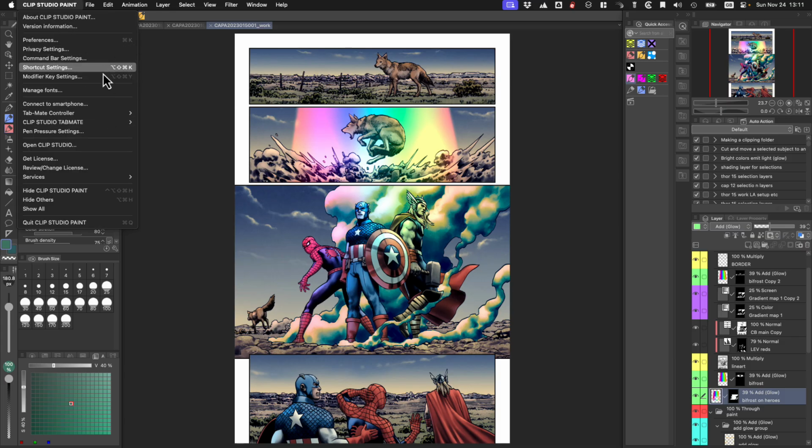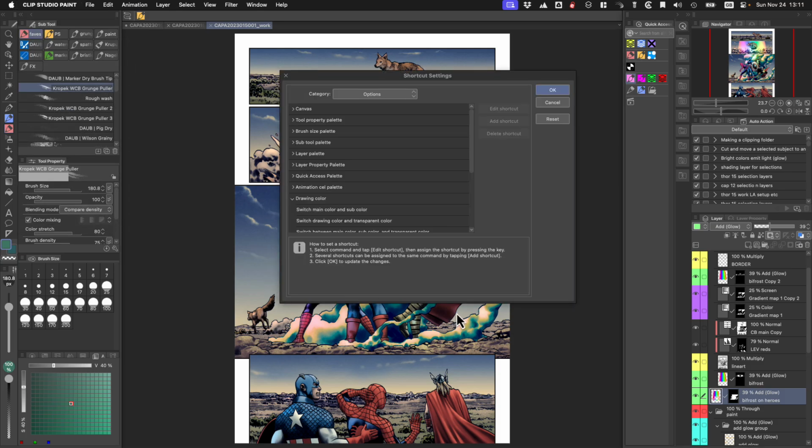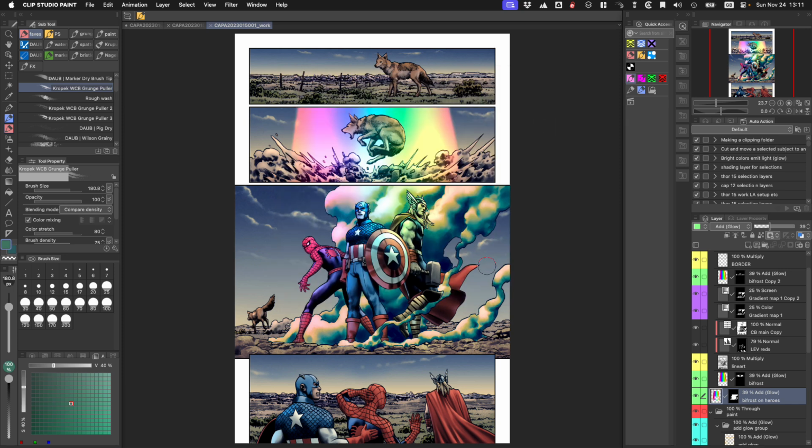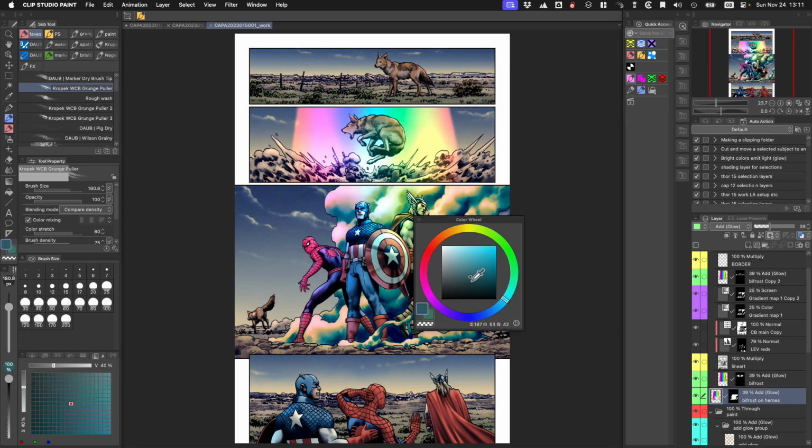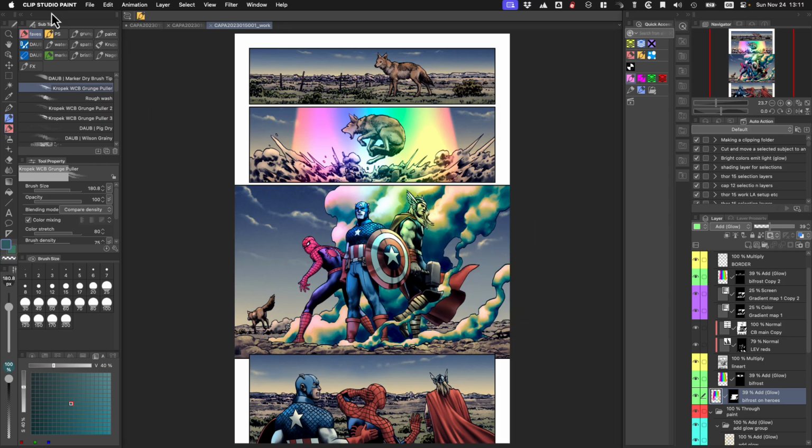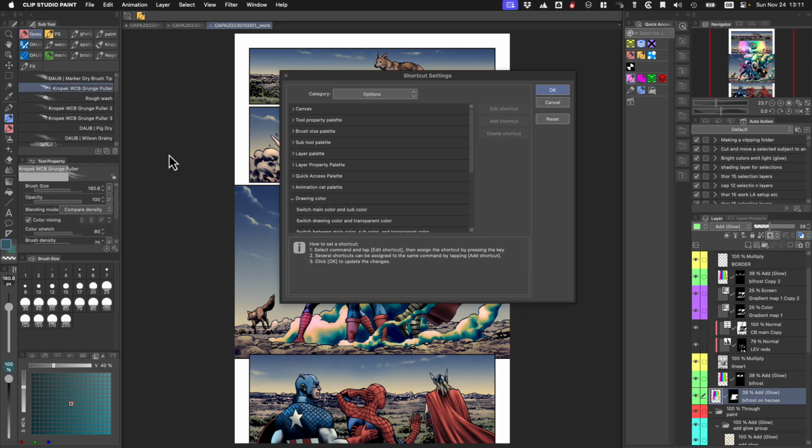Hotkeys are here, shortcut settings. Options, pop-up palettes are cool. So for instance, I have that heads-up color display. When I hit C, it does that. That's a pop-up palette. So if you go to shortcut settings and you go to pop-up palettes,